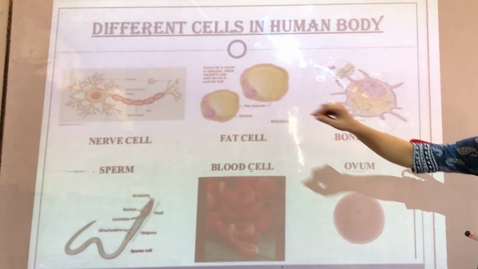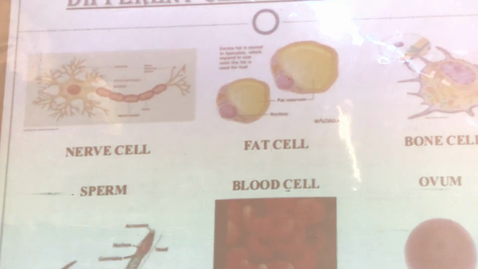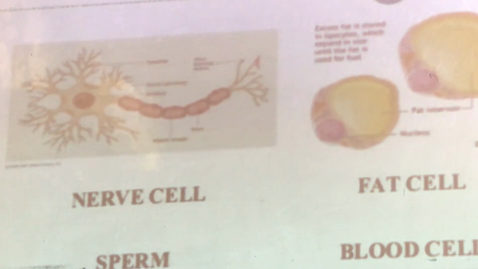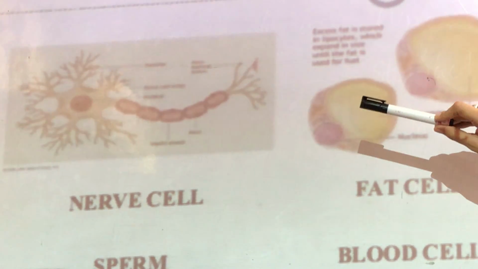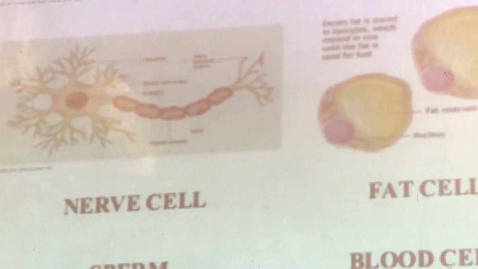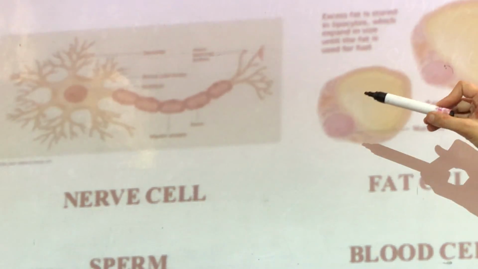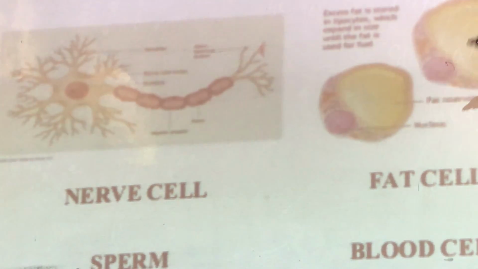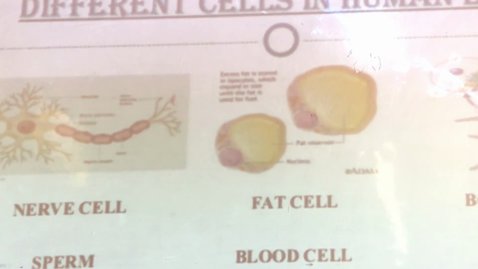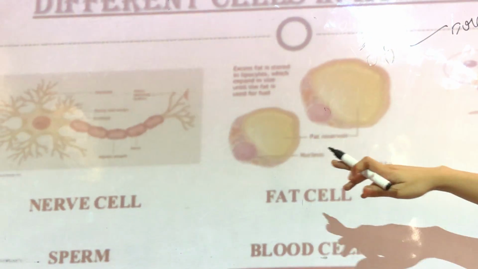So you can see the nerve cell, okay, it looks like that, the nerve cell which is present in our brain. It is responsible for the structure and functioning of the brain, it gives all the signals to our brain. So the same type of nerve cells combine. It is not such that in our body there is only one nerve cell. No, in our body there are many nerve cells. So many nerve cells combine to make your organ, to make your brain. Okay, so the nerve cell looks like that.